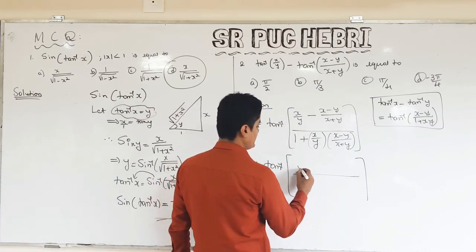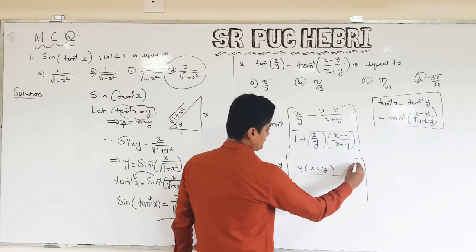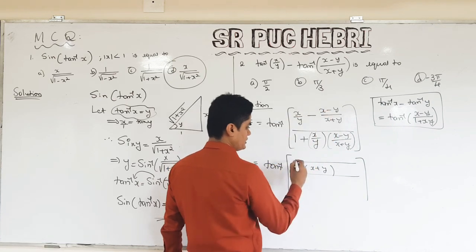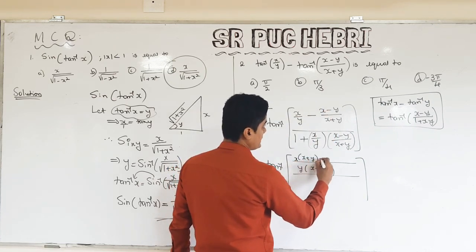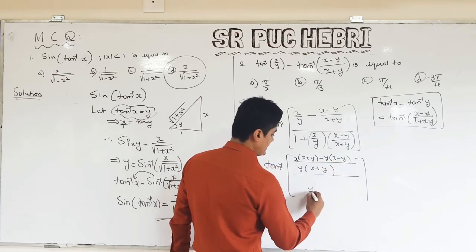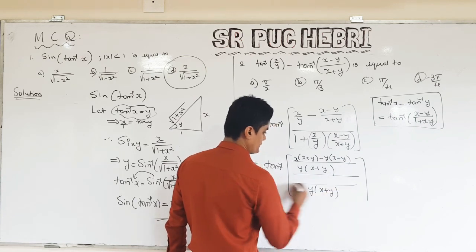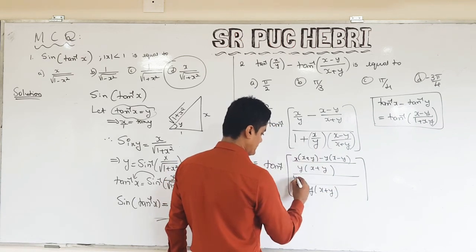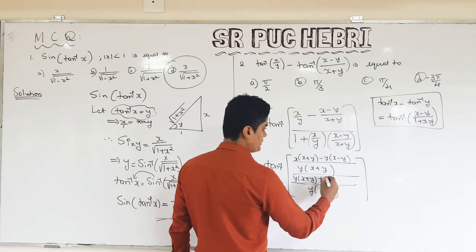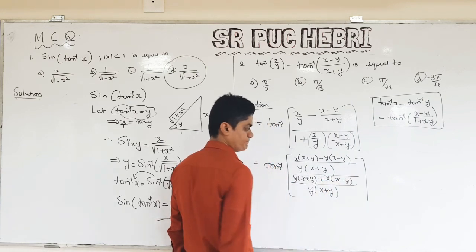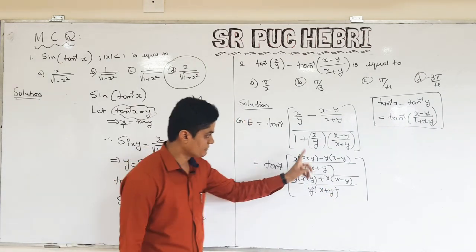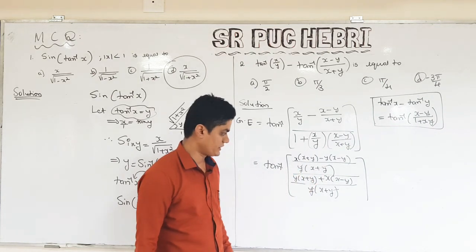Now what is the LCM in the numerator? y into (x plus y). For this LCM what is the first term? Easy way, x to multiply this, x minus y to this. So it will be x into (x plus y) minus y into (x minus y). What is the LCM of the denominator? Same, y into (x plus y), right? So here 1, so both will be multiplied, y into (x plus y) multiplied to 1, so the same thing will come, plus whatever is in the numerator. Definitely this cancels, right? I hope this simplification you understood. LCM simplification, okay.